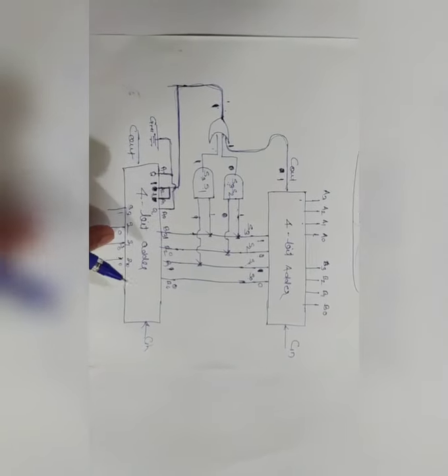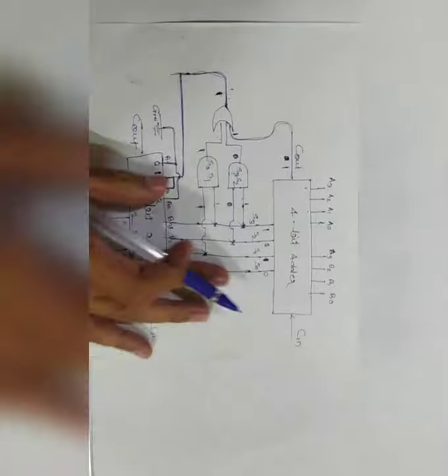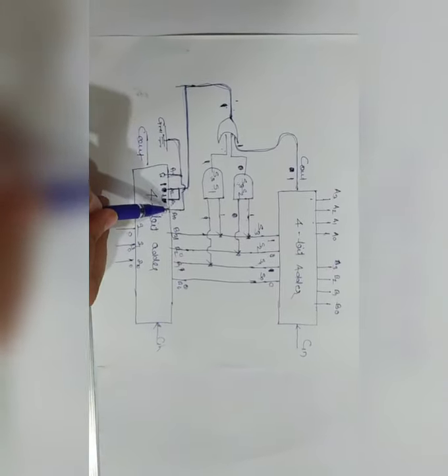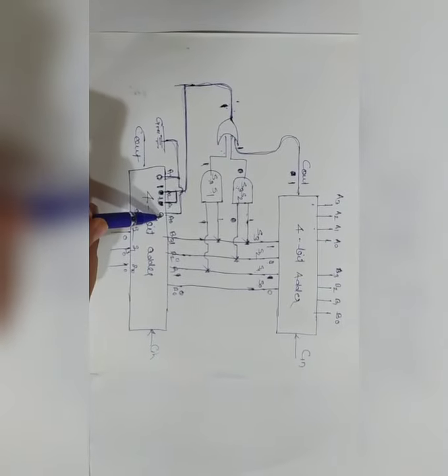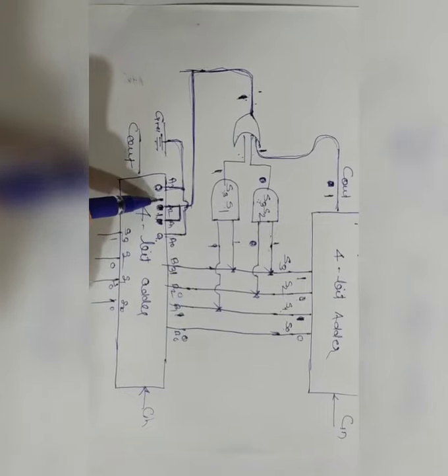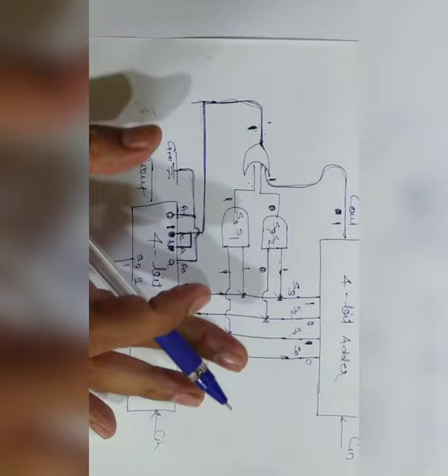Now the very important thing is that you must know this particular portion of the BCD adder. Okay, now the first bit and the last bit are grounded. That means automatically these bits become 0 and everything depends on the other 2 bits. These 2 bits may be 1 1 or 0 0, it depends on this. Okay, now in this way we are designing the BCD adder. This is the simple circuit for the BCD adder.